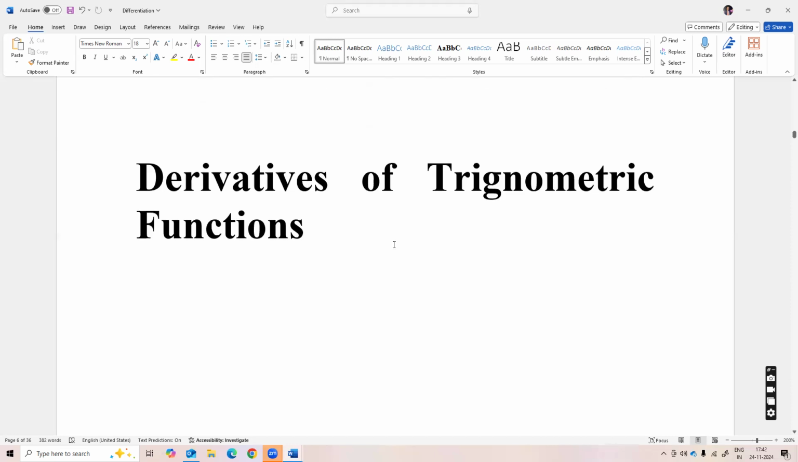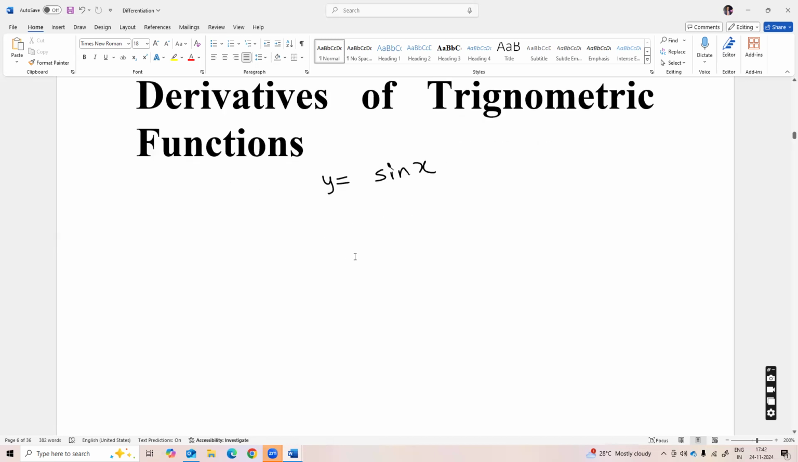Okay, so let's come to the derivative of trigonometric functions. Let's say you have the function y equal to sin x. Again, we'll go to the basic definition of differentiation. So if y equal to sin x, its derivative y dash, first of all, can be given as